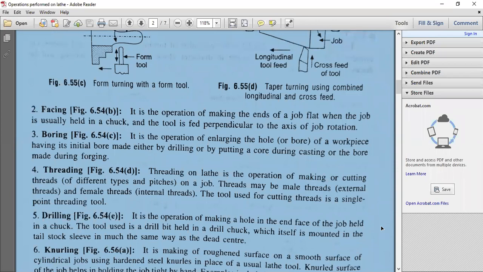They can be done in a single setup, in a single machine setup, because for performing all these operations individually, you have to change the tool in the lathe machine and go for machine setup. So that is a waste of time. That's why people are opting for automatic lathes, that is, machining centers or turning centers. So that is very important.